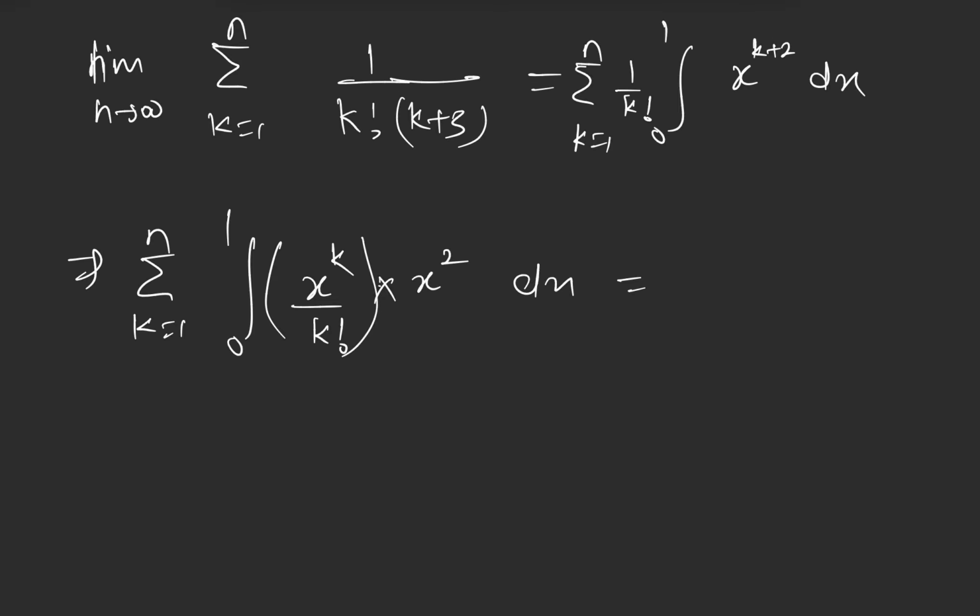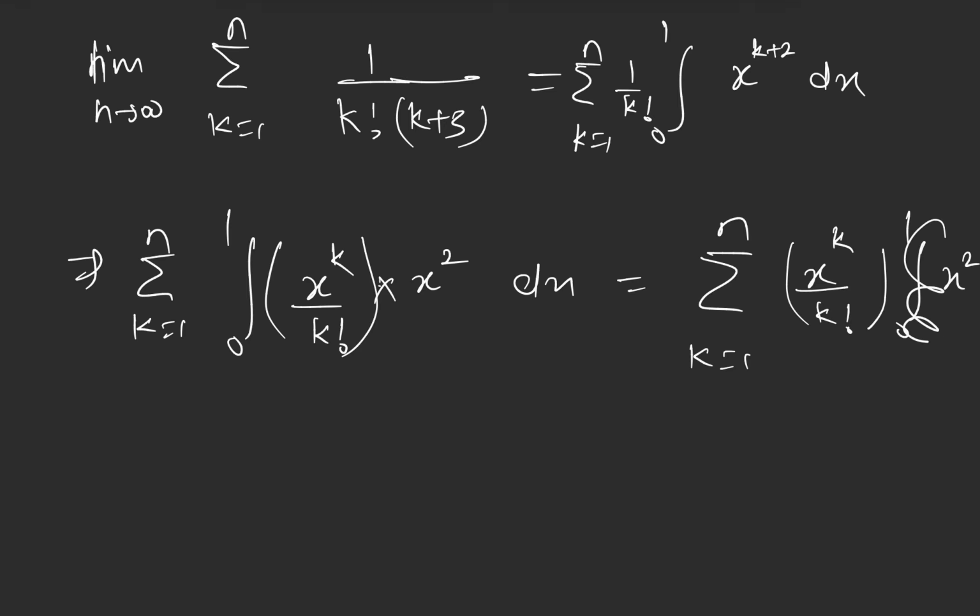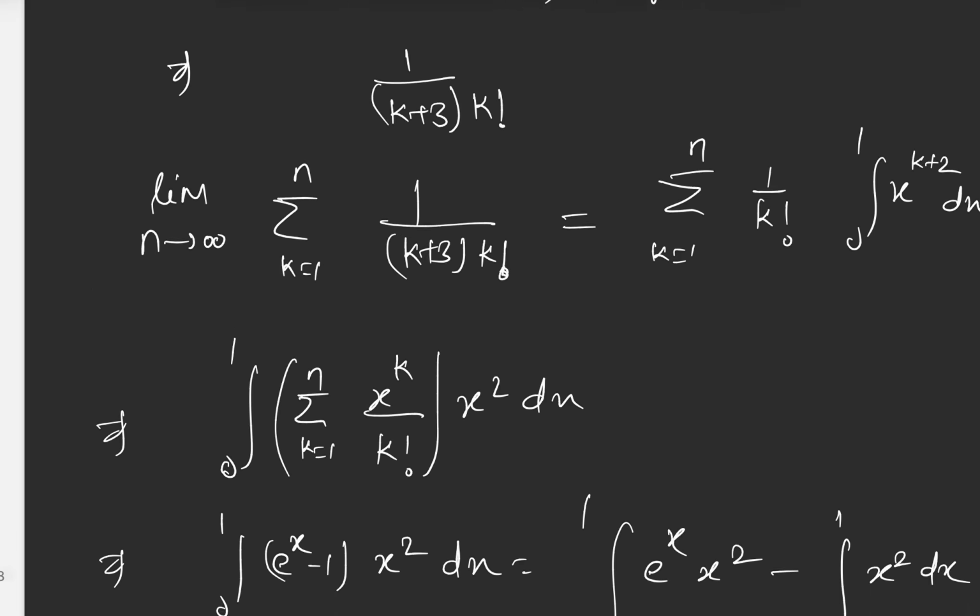I can take it outside, so sigma k equals 1 to n x power k by k factorial, and the complete integration you can take outside, 0 to 1 x square dx. Okay, so if you see what is this,